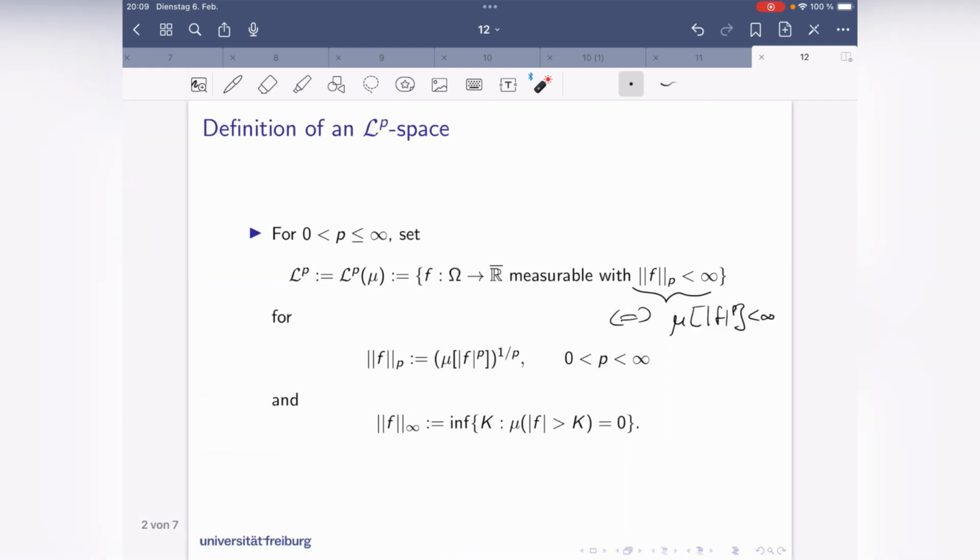Well, I said this is a norm, and you can easily check that. Well, not really. We'll be able to check that in a moment. So one thing is easy to check. The norm of a times f, where a is some real number, is the same as the absolute value of a times the norm of f. That's something very easy. When you plug that in here, you can pull out the a from the integral.